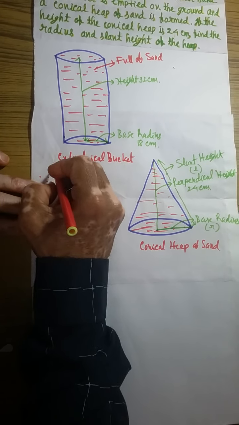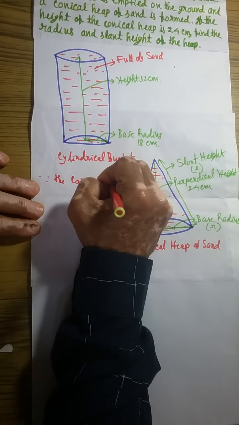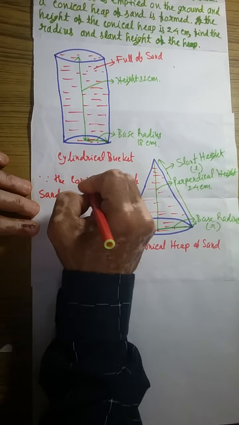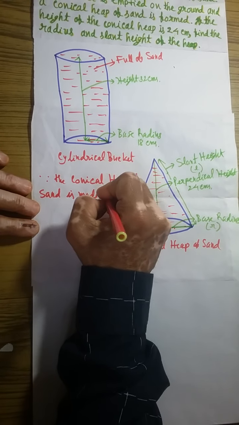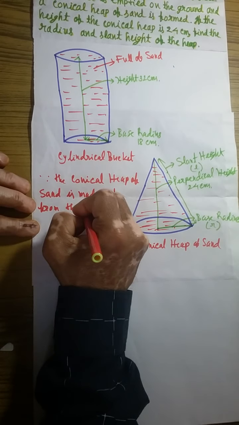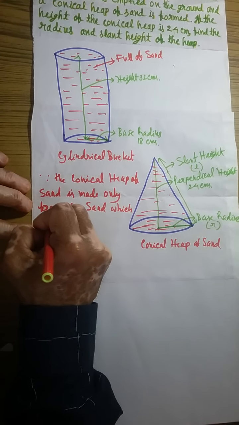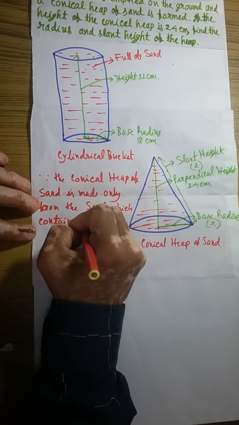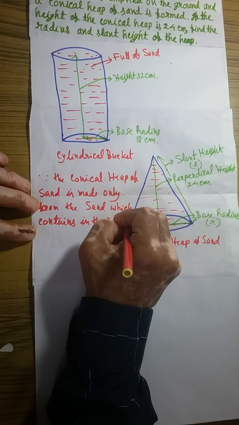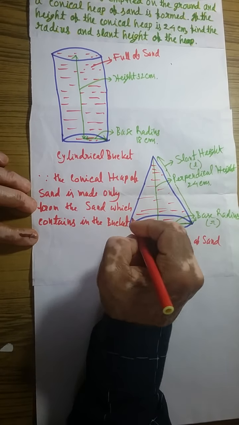Since the conical heap of sand is made only from the sand which is contained in the bucket, since the conical heap of sand is made only from the sand which is contained in the bucket,